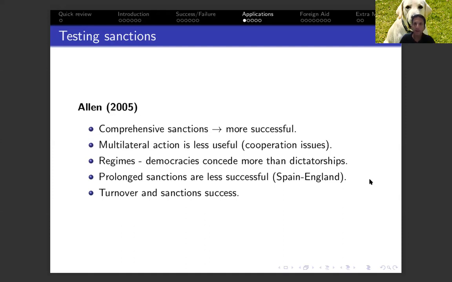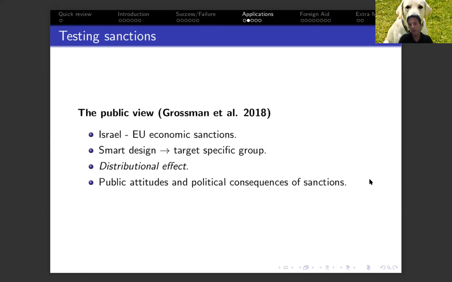So that's Ellen's paper. I want to move now to talk about the citizens in the targeted state. So this is a study by Grossman, who is a professor at the University of Pennsylvania, with a couple of other scholars. And they focused on how citizens in the state targeted by sanctions view those matters. So the question here is, does all the logic of the economic sanctions, the theory of economic sanctions that I talked about so far, so putting those economic costs that's going to translate to political pressure on the government, does all this mechanism actually work in the way that the citizens view it?